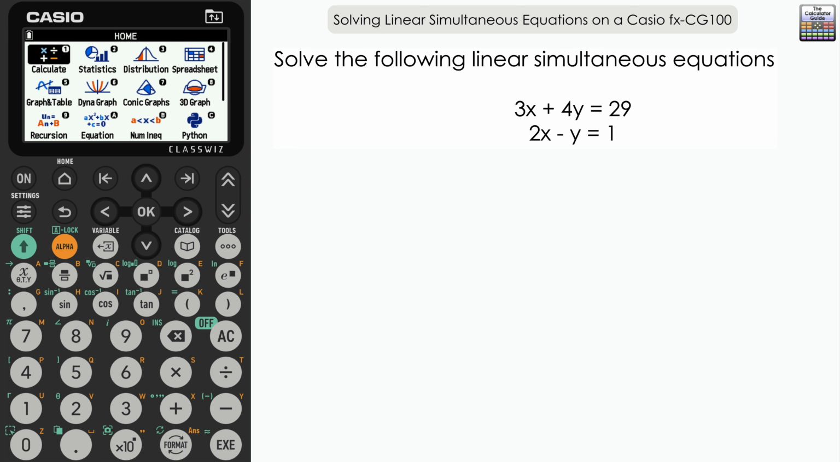We're going to do two questions in this video. The first one is a pair of equations with two unknowns, and the second one will be a system of three equations with three unknowns. The first question, we need to solve the linear simultaneous equations 3x plus 4y equals 29, 2x minus y equals